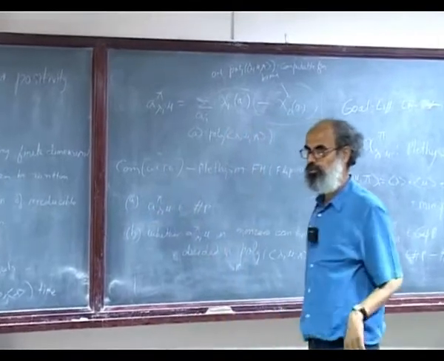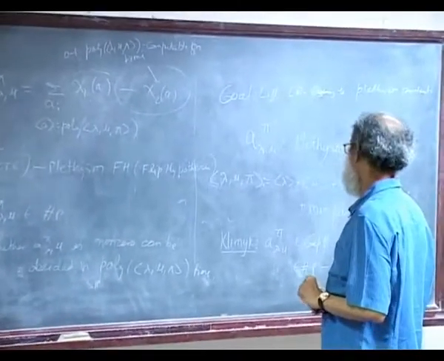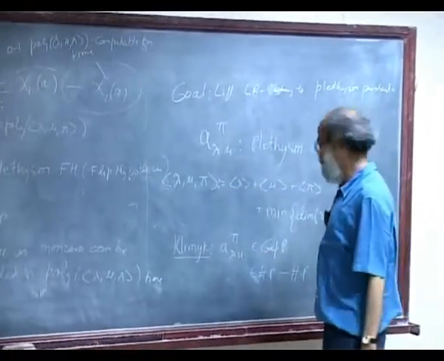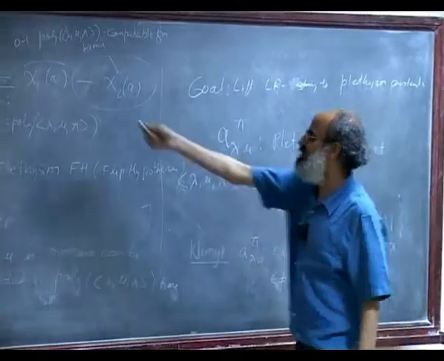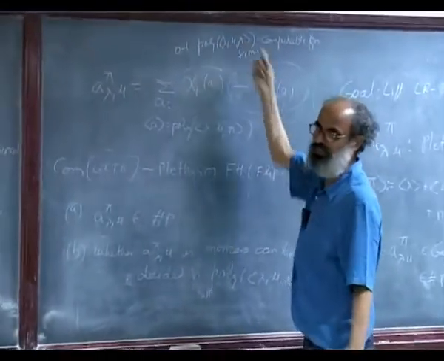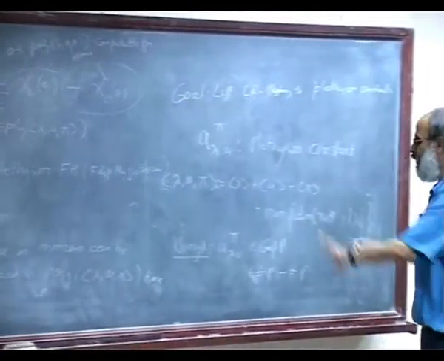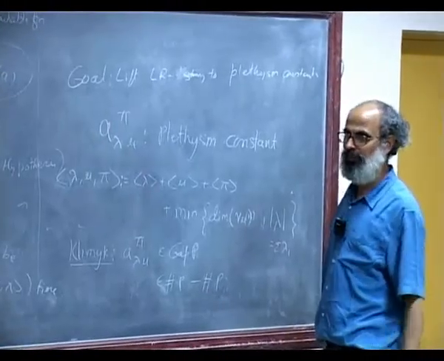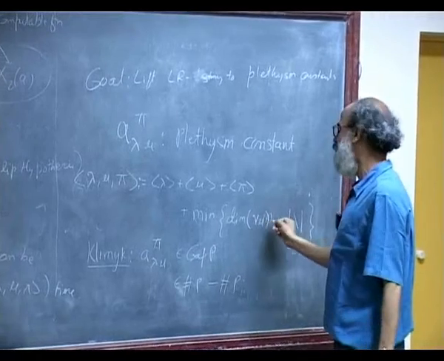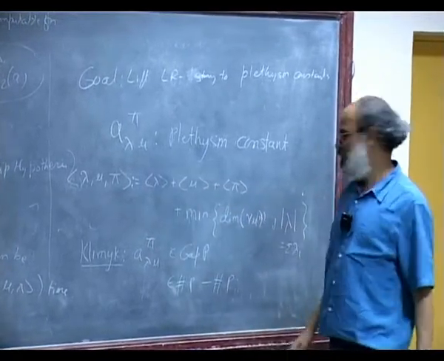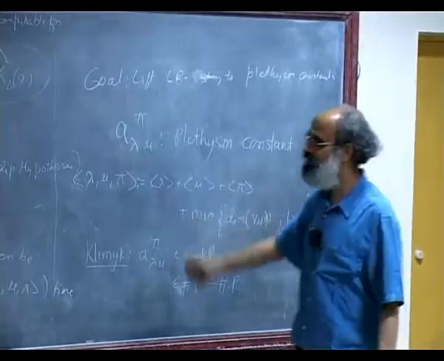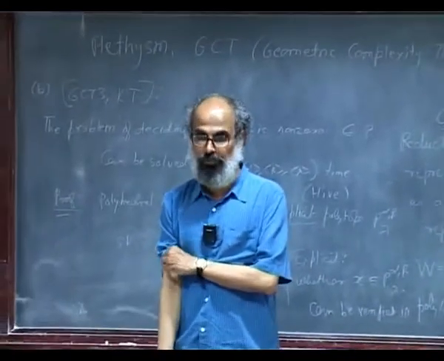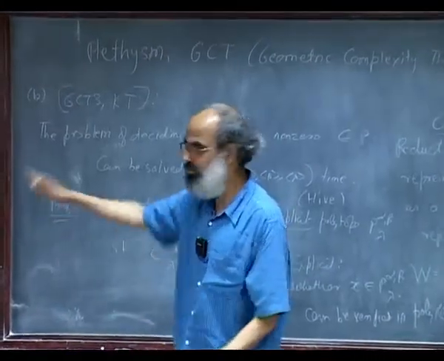And if you don't add that extra term to the bit length, then this is false. Then you don't expect it to be true. For example, in Klimik's formula, you do require it to be like that. Even here you can't do it in just bit length, purely, without that addition. But in the Kronecker case, there would be no such addition. This thing would be 0 for Kronecker coefficients, and it would be polynomial, because this V mu pi is polynomial in this. So this is not an issue for Kronecker coefficients. It is just an issue for general Plaithism constants, where it can be pretty large, but for the Kronecker problem it is not large.